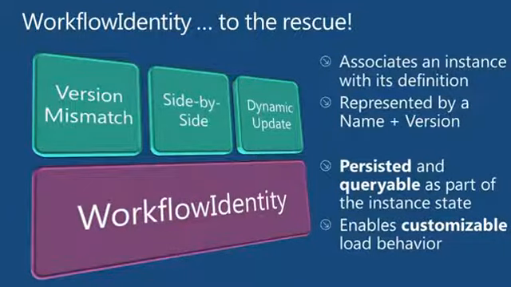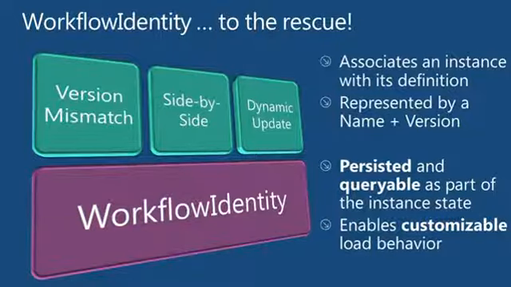This is the WF4.5 solution to this, to introduce this concept called workflow identity. And workflow identity is really the core to all of these different versioning scenarios that we wanted to support. Really what it does at its core is just create that association between the instance and the definition. So it gives your instance state some way of knowing, what version of the process am I again? What am I supposed to do? So it's actually represented very simply by a name and a version. So you can say, my workflow version 1.0 or my workflow version